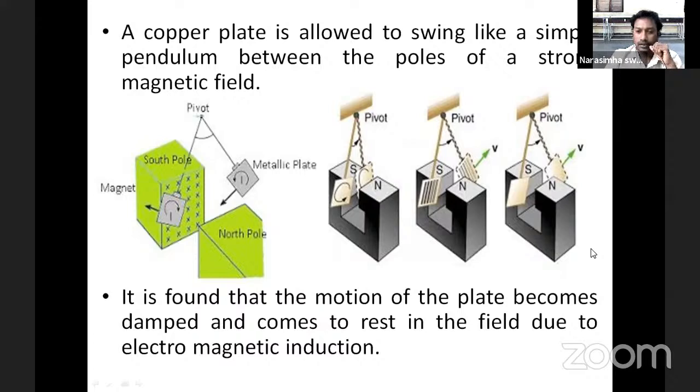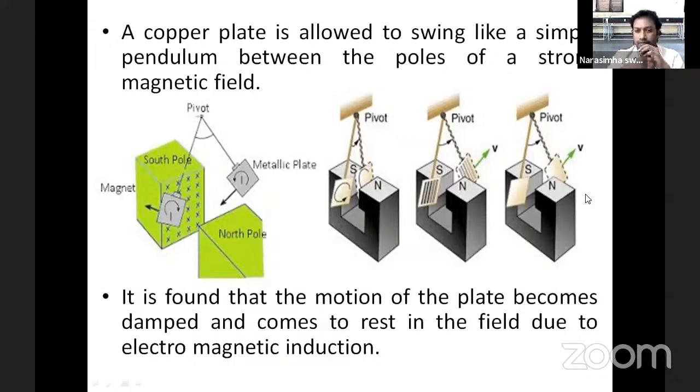We're discussing Chapter 9, Electromagnetic Induction, and in the other class we stopped at the eddy currents concept. Eddy currents are nothing but induced current which is generated due to the change in magnetic flux in metallic blocks, not in the case of coils. We discussed all the concepts using coils, but here the eddy current is related to metallic blocks